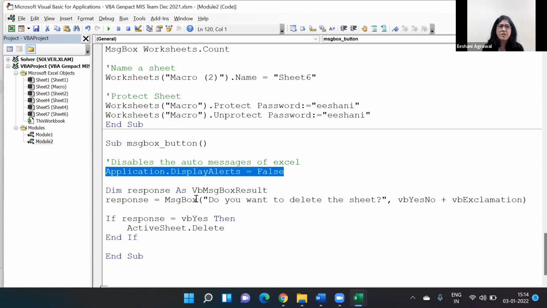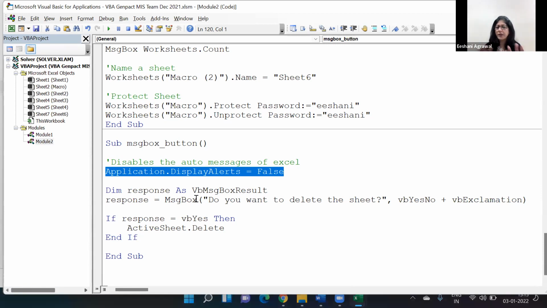But if there is something that you want to happen all the time, then again you have to write a code for it. What I understand you're asking is that if a display alert comes up, you want a predefined answer, like Yes, to be input and it gets done. But again, all display alerts are going to be different. Like the one you said right now, we had delete and cancel. If you try to do a save as, then it's altogether different. It is save as, cancel. If you try to close a workbook, right? So how will you